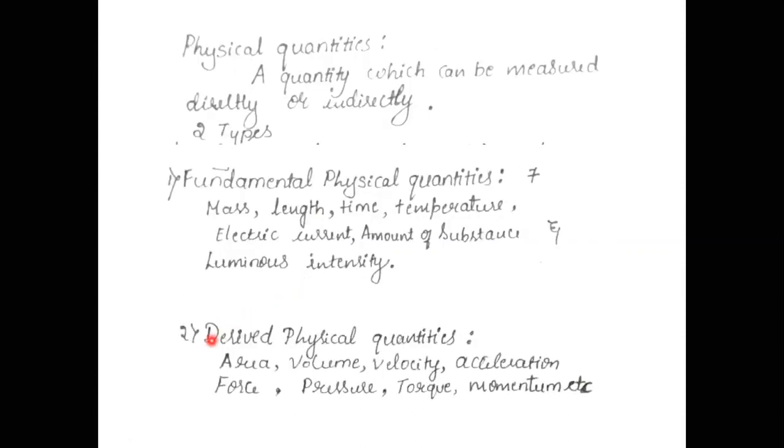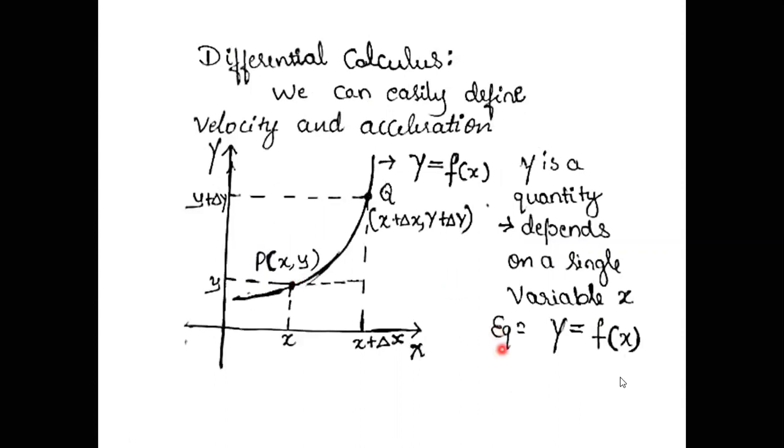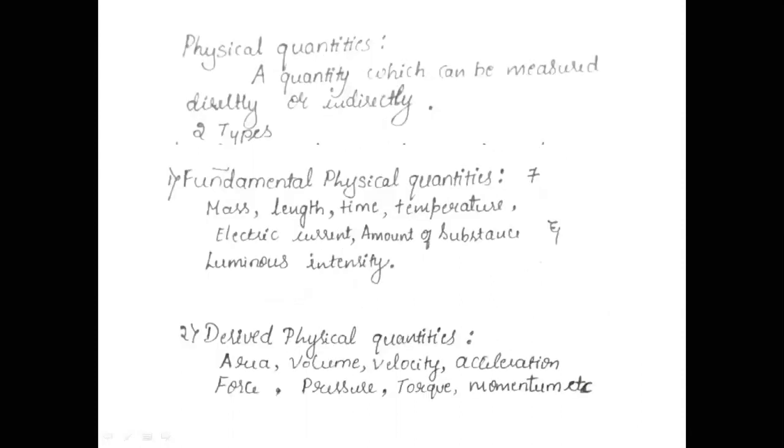Next, the other type of physical quantity is the derived physical quantity. In that, one of the quantities will be a fundamental quantity. Okay. So area means length into length. Similarly, volume. So velocity can be defined as, how can we define the term velocity? Velocity is displacement by time. Okay. One of the terms, or both the terms, will be fundamental physical quantities.